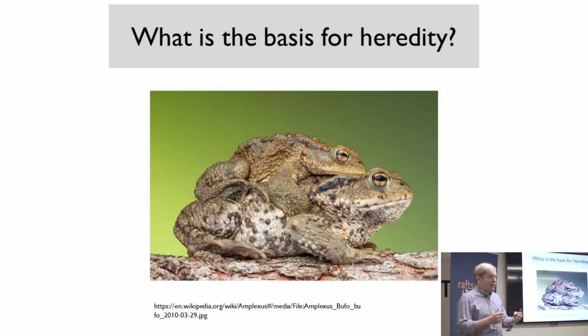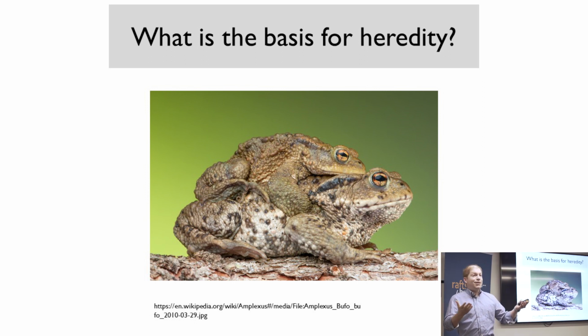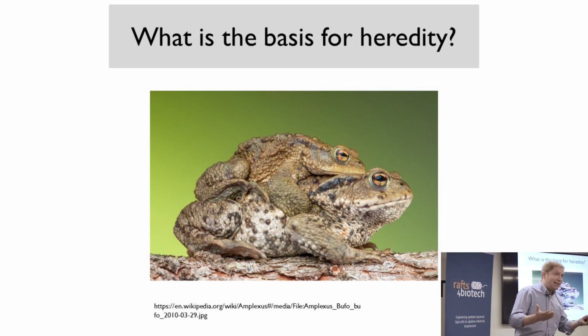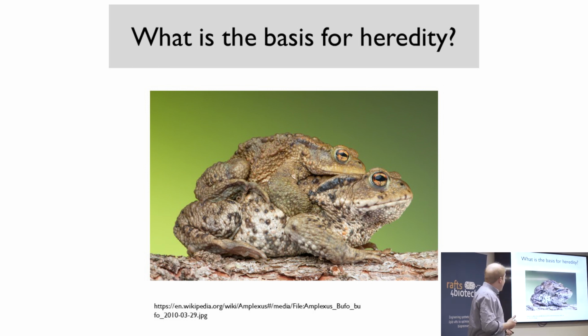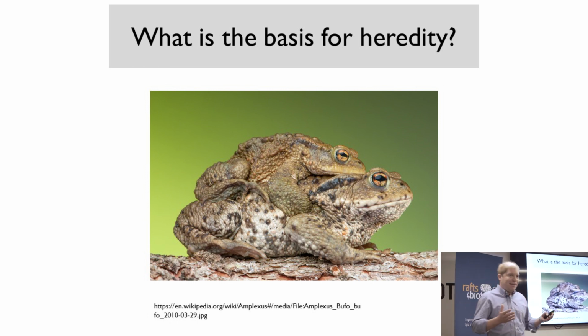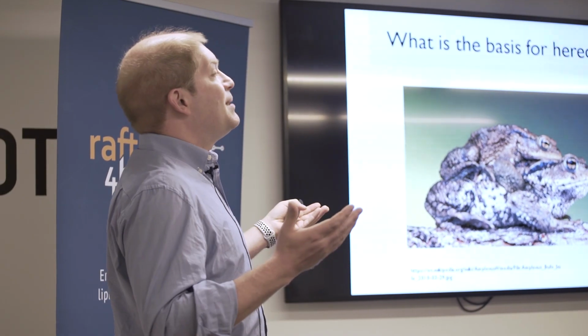Then later, questions started to center around, what is heredity? Why do cows make cows and pigs make pigs? What's the basis for this information transfer and this fidelity? Again, there were some crazy notions about vital essences. One of the model organisms explored were frogs, because they copulate for a very long period of time, so they're easy to monitor. And there was an Italian priest named